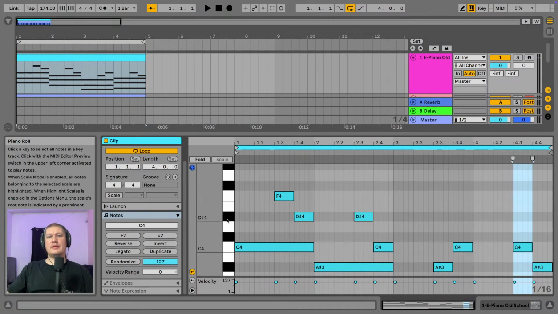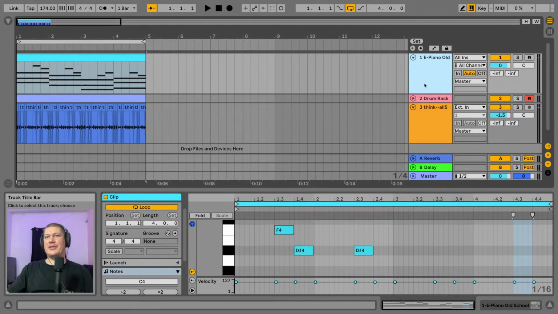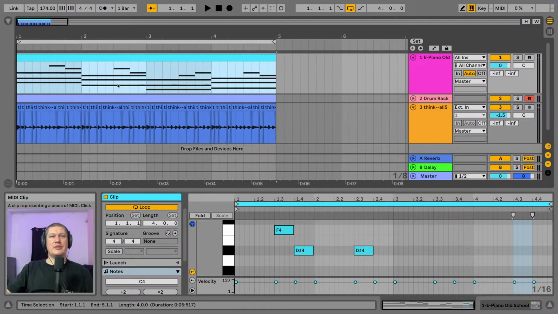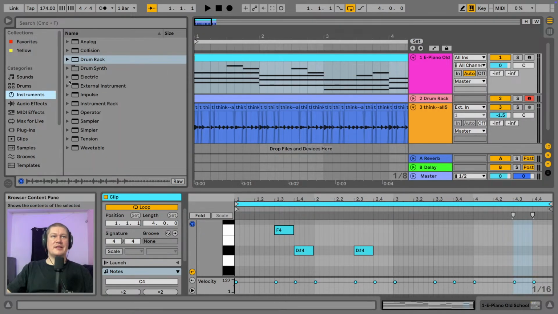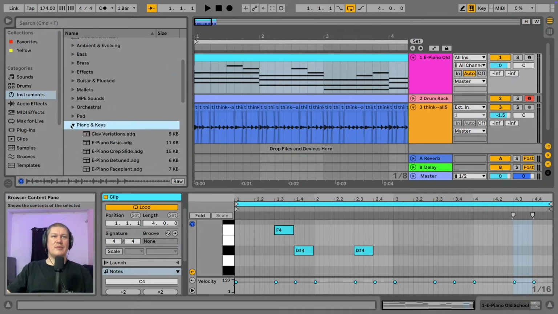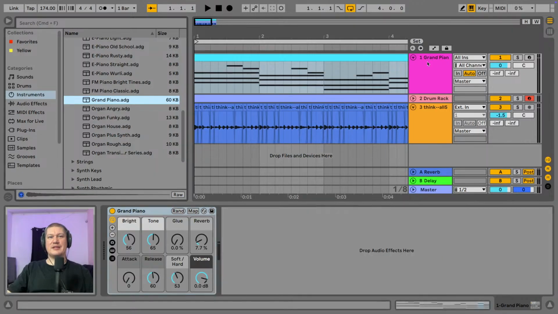You might decide at some point that you don't like the sound that you've come up with for your piano. Well, the great thing about MIDI is that the notes are there and you don't have to keep the instrument that you've chosen. So, for example, if I go into Instrument Rack and go back to our little piano section here, you might find the grand piano. And what about if I just drag the grand piano onto that MIDI track and replace the instrument that was there? Now when I play it,